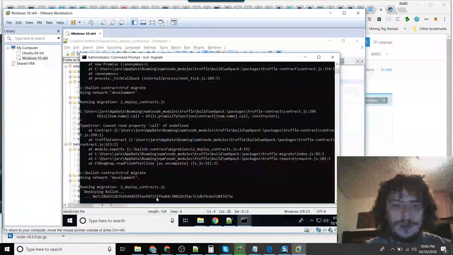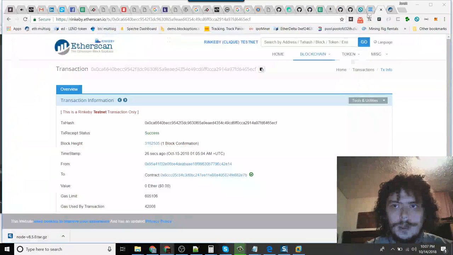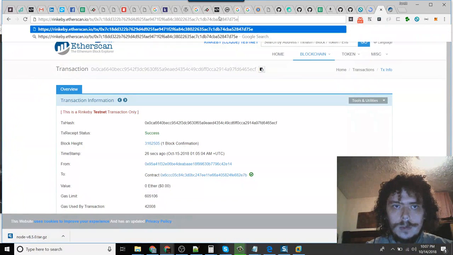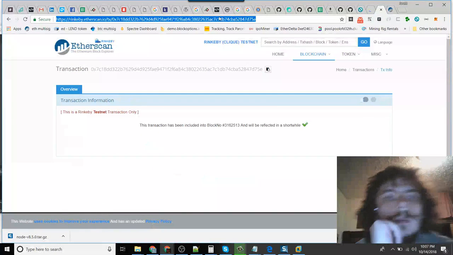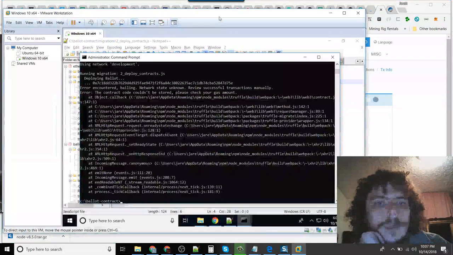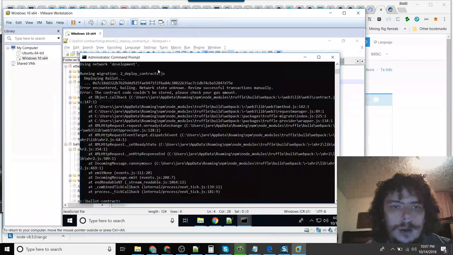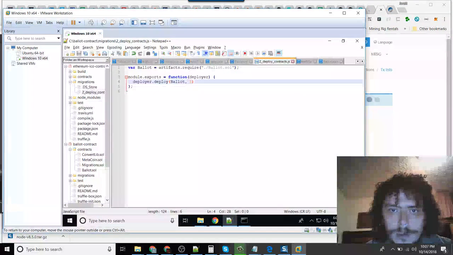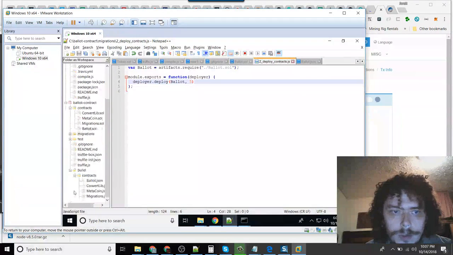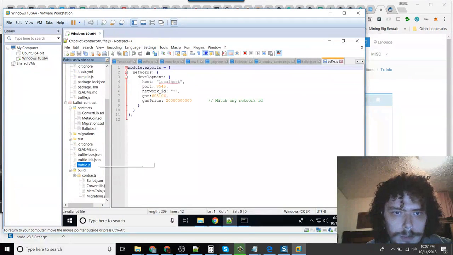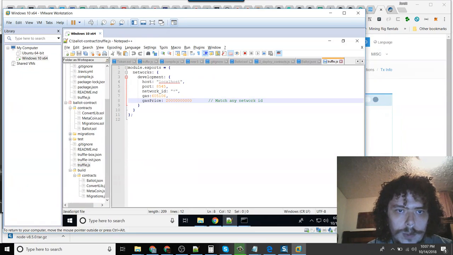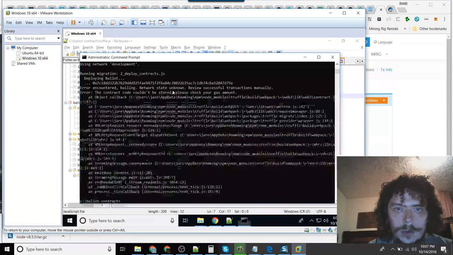So we should see this fail because it's just not using just enough gas. Yep. The contract code couldn't be stored. Please check your gas amount. So if we just use a little tiny bit more gas in our truffle.js, whoops, I closed it. Like the exact amount that my Ether wallet required, or even just a little bit more than that. No, we'll use the exact amount actually. So if we use a 7 here,